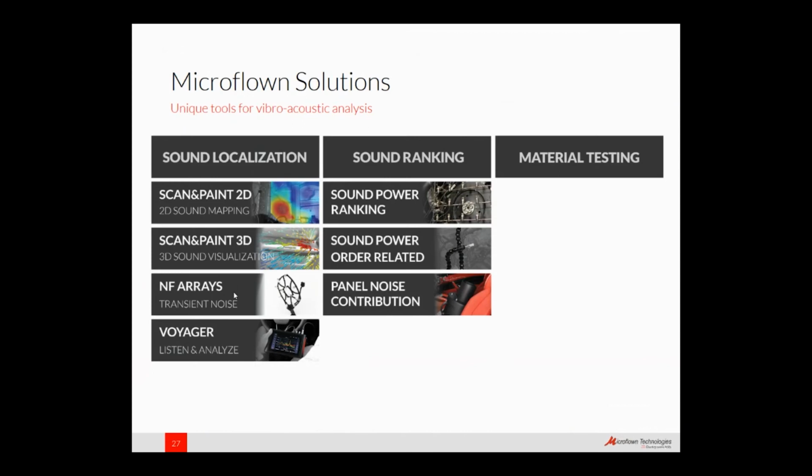So this became especially of increasing interest with the arrival of electric vehicles. We can do a kind of airborne transfer path analysis, so-called panel noise contribution analysis. So you take into account two things. In the end, you measure the contribution by measuring not only the source strengths, but also their transfer functions